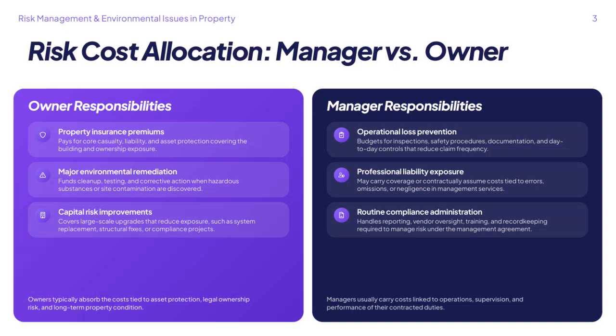When we look at risk-cost allocation between managers and owners, it's important to understand the distinction in their responsibilities. Owners are typically responsible for property insurance premiums. This means they cover the core casualty, liability, and asset protection that safeguard both the building itself and the ownership exposure. Additionally, owners handle major environmental remediation costs, which include funding cleanup, testing, and corrective action whenever hazardous substances or